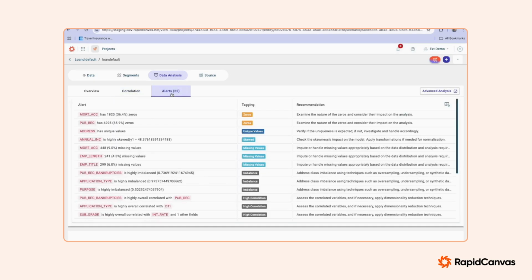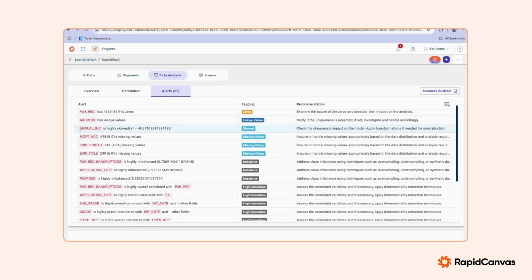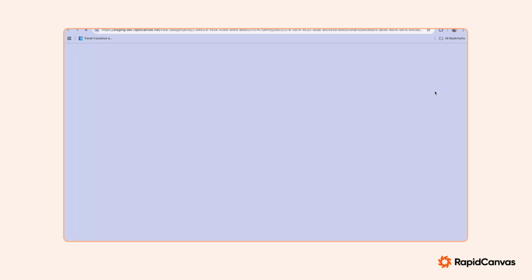And I've also got a set of alerts. You can see things like there's a number of people who don't have mortgages, no real surprise there, but this one I might want to dig into. This annual income is highly skewed. It seems like that's quite a big amount of skew, 48 times. So I can jump into advanced analytics,